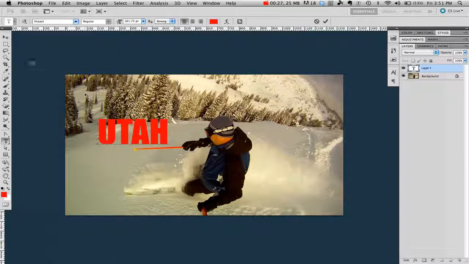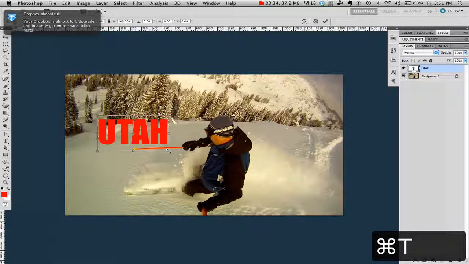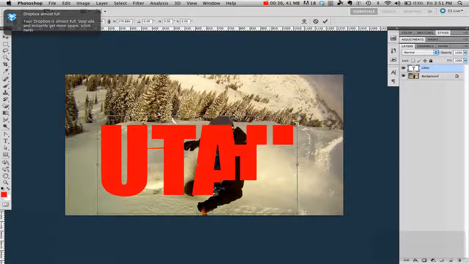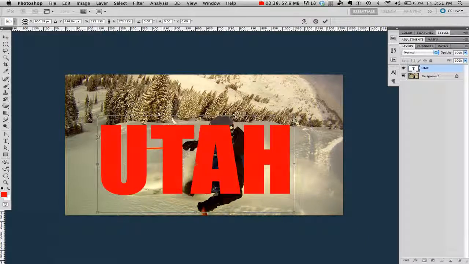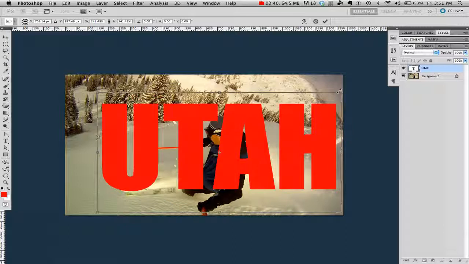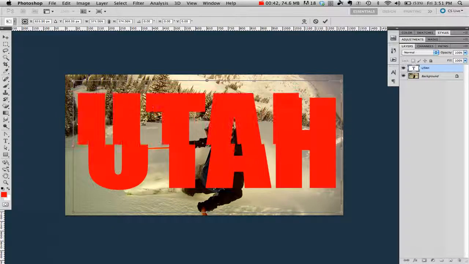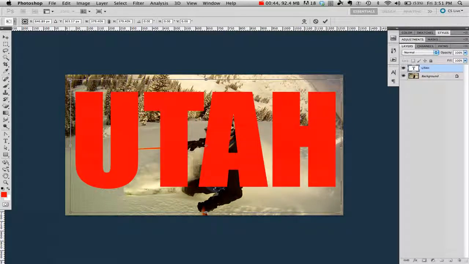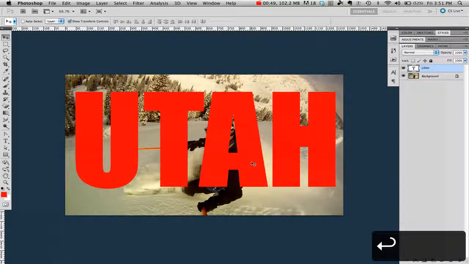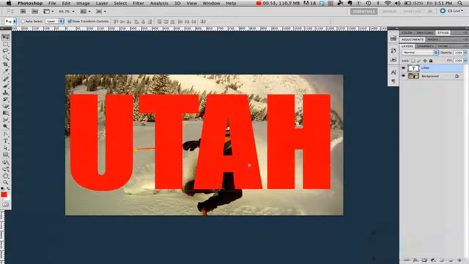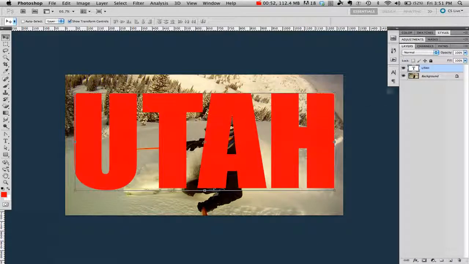and depending on how big you want it to be, if you do a Command T or a Control T on a PC, then you can resize it to the size that you want it to be. So once I want to resize it, and then just press return to put that in there. So now what I'm going to do is over the top of my text layer, just right on the T,